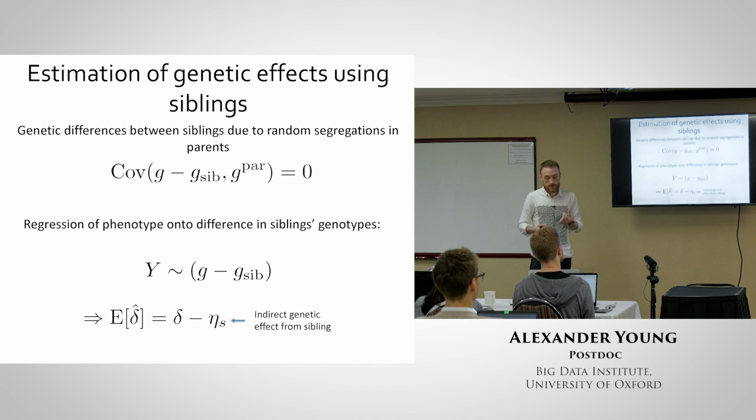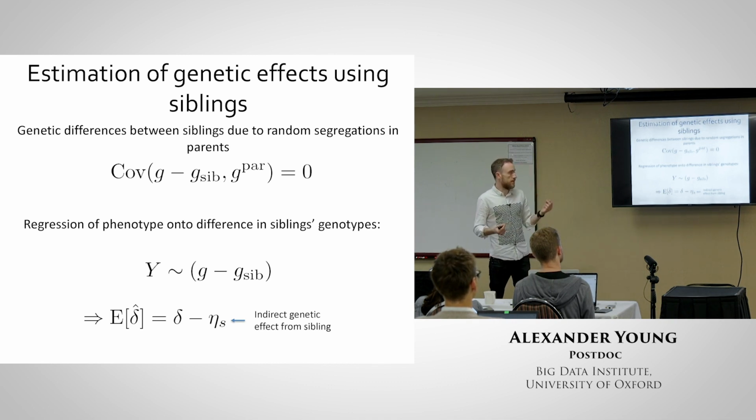And also, this difference between sibling genotypes is uncorrelated with the parental genotype. And that's easy to see by symmetry because the two siblings' genotypes must be symmetrically correlated with the parental genotype. So the difference between the sibling genotypes is therefore uncorrelated with the parental genotype. And if you put that in the context of the...